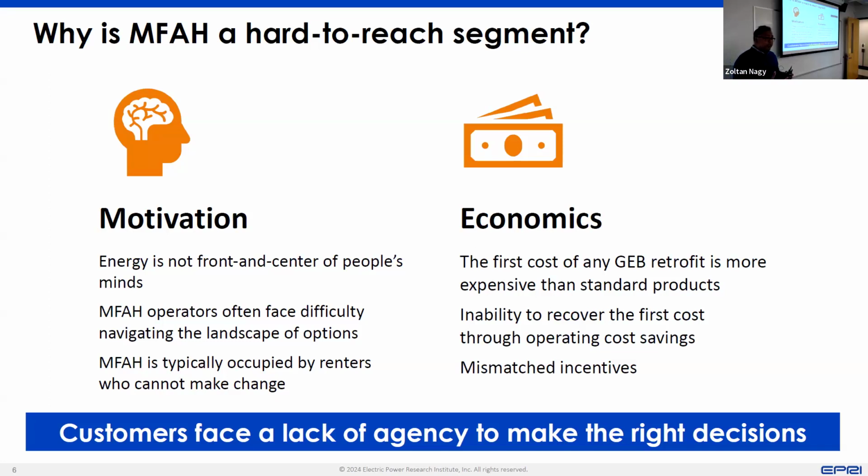Even if they were motivated, they are faced with a lot of choices. Do you put a heat pump? What kind of heat pump? There's like 50 different providers of heat pumps, water heating versus space conditioning. Do you put electric stovetops, or do you put gas? All of these are economic decisions that they make, and they have these choices, and it becomes a big challenge